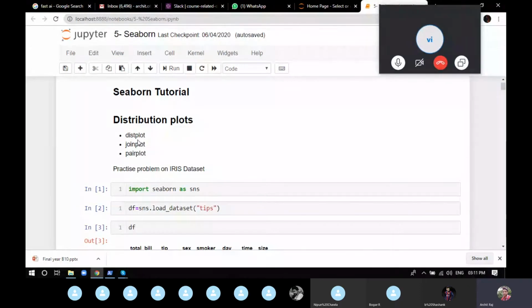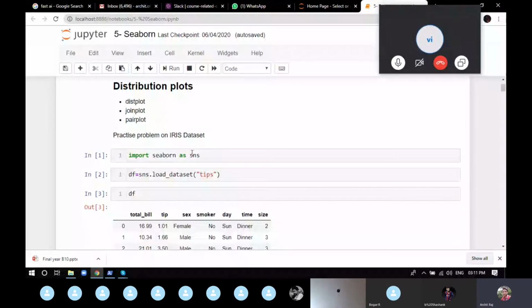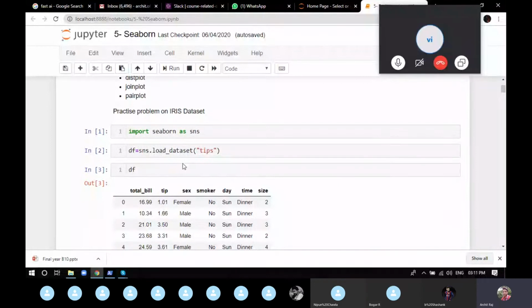What pair plot does is make a combination of each and every attribute in twos, and show you the graph. We'll see what exactly pair plot is, along with dist plot and joint plot. To call Seaborn, as simple as that, we just import the Seaborn library as sns. Now, Seaborn has many datasets pre-installed, like the tips dataset and the Iris dataset. You will come across the Iris dataset a whole lot in machine learning, because it's one of the most common datasets pre-installed in Seaborn. You don't have to call it or anything.